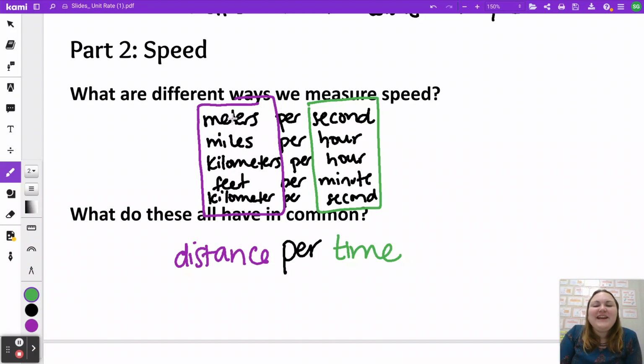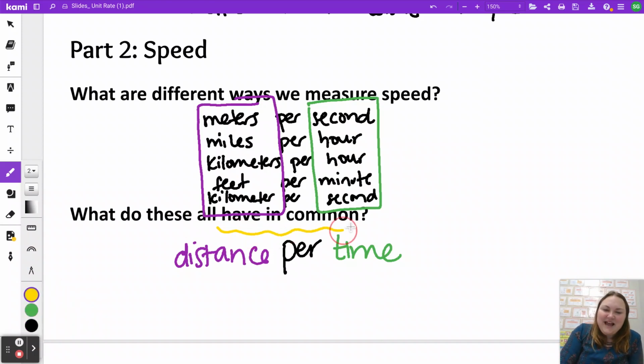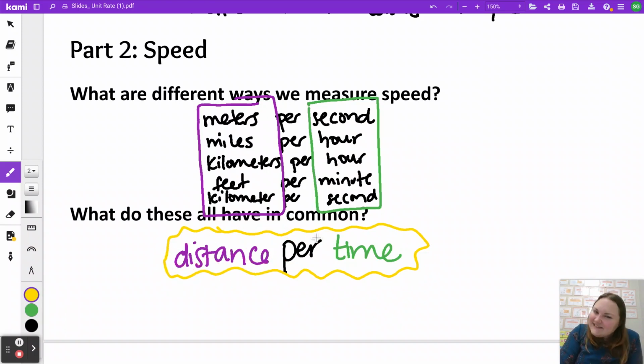And even if I change the way we measure speed, even if we're talking about meters per second, it's the same idea. It's how many meters you go per 1 second. It still has that 1 in there. These words, distance per time, is what I would probably put in my notes. The examples aren't as important, but distance per time is that recipe, that formula that's always going to help us